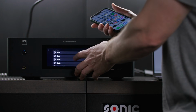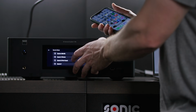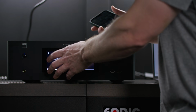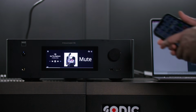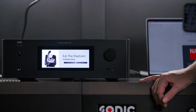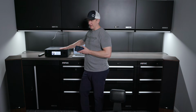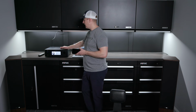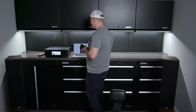So I could set up my sources if I had any, really, and that's basically all you need to do. So I'm basically up and functioning and running. And so I had this up and running in 10.5 seconds. As I plugged it in, plugged my speakers in, good to go. And once you do your software update, which takes 10 minutes or so, I'm up and running and listening to